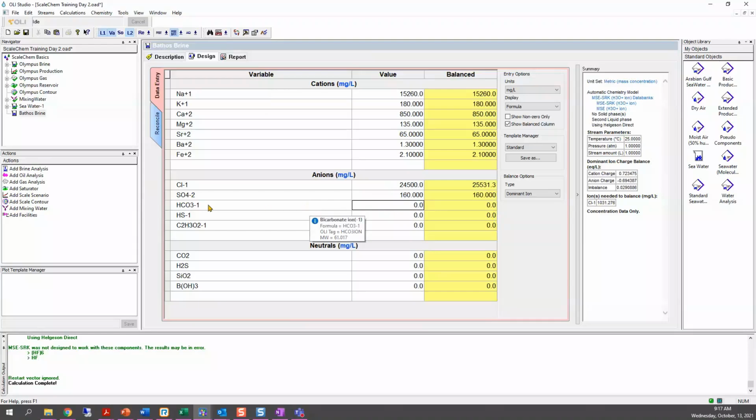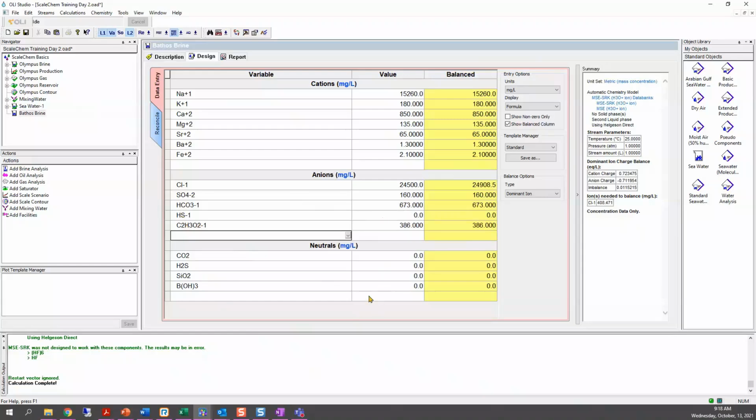We know that the total alkalinity includes this bicarbonate and this acetate concentration, but we are going to put the total alkalinity as an initial value for the bicarbonate. So let's enter 673. And for acetate, the value was 386.